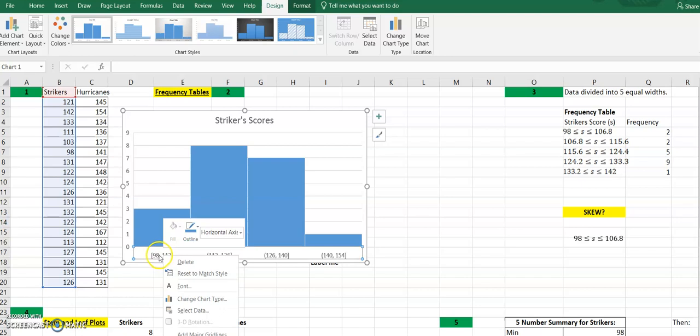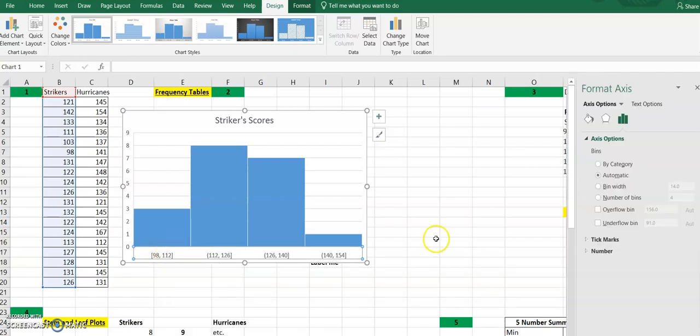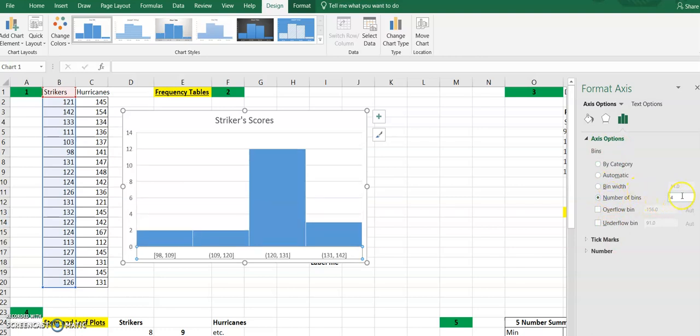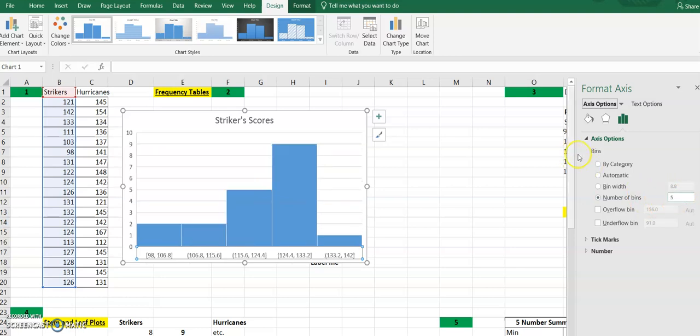So if we right click down here where our numbers are and go Format Axes, that's going to give us a whole bunch of information on the right here. We can change the amount of bins that are included. I would recommend probably 5 bins should be enough to get a pretty good representation of your data. If you change this number of bins to 5, it should spread your data out enough so that you can